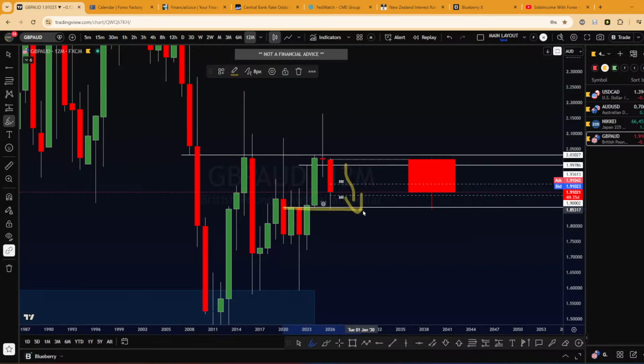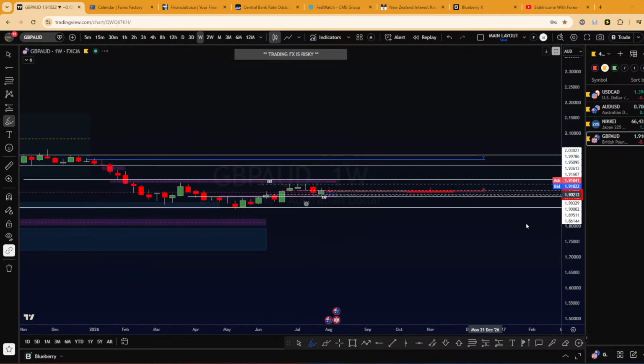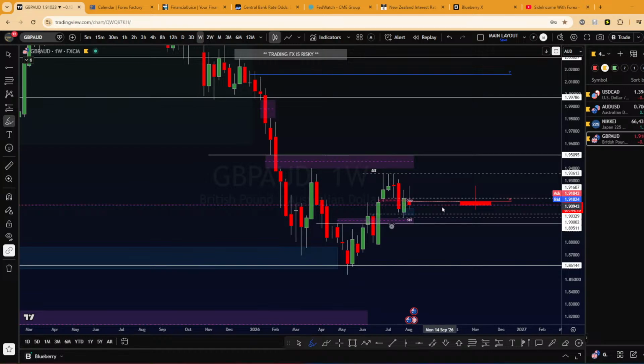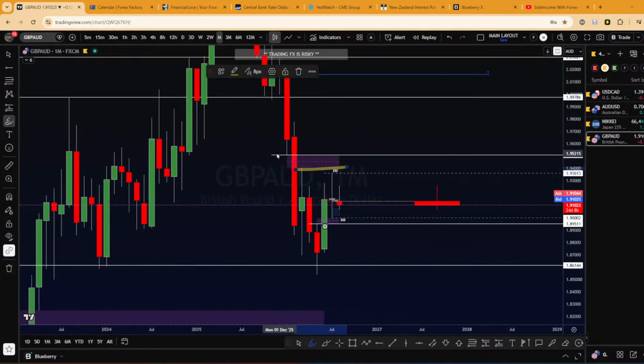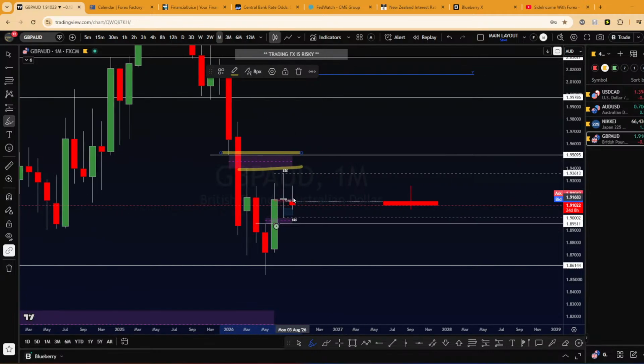So yes, we reached one of the targets of the year I mentioned in the beginning of the channel. We already tapped here, so we start to see some rebounds, some buyers entering right here. So that's why it's very difficult for me. On monthly we have this imbalance right there. This is where I want to see price filled at least before it continues to drop again.